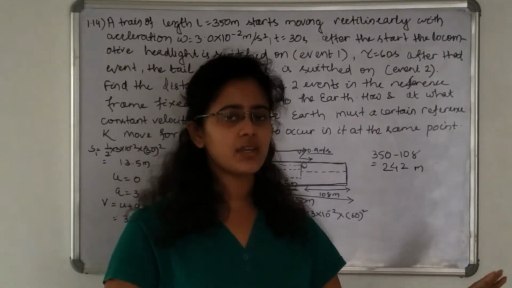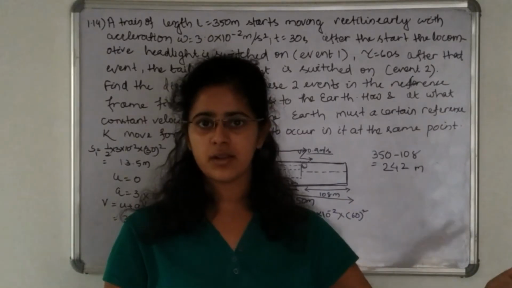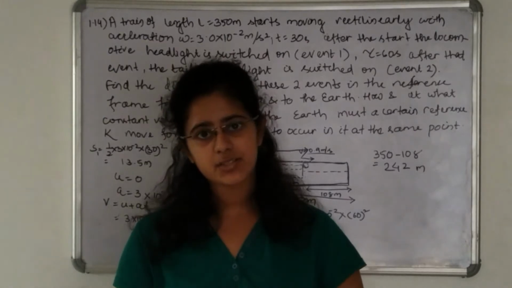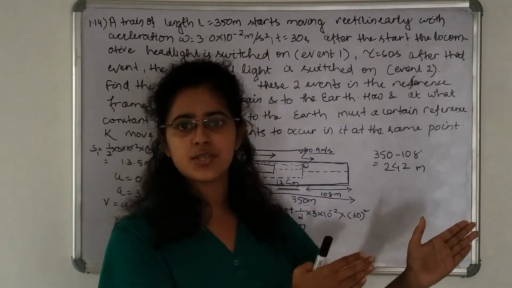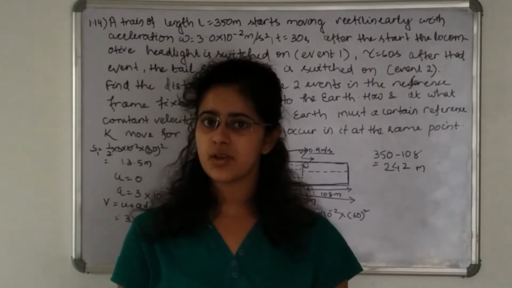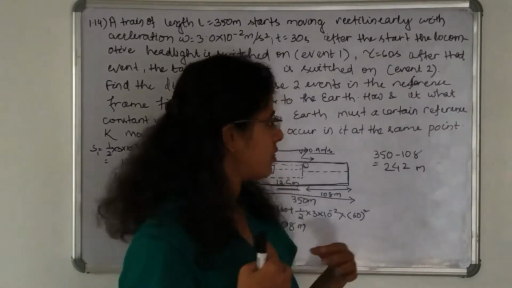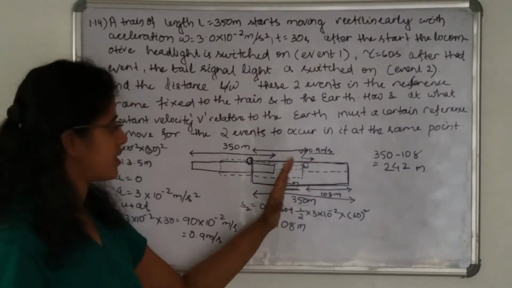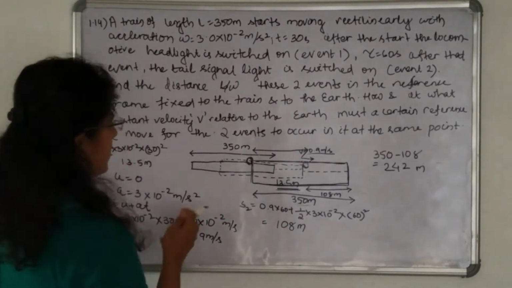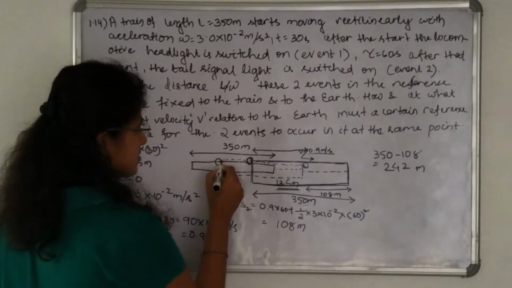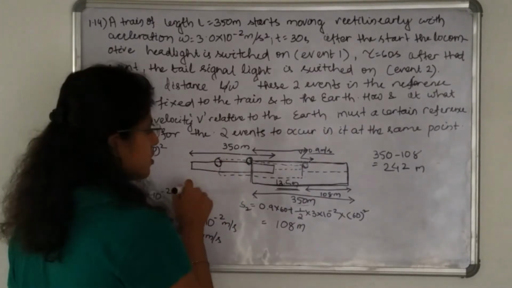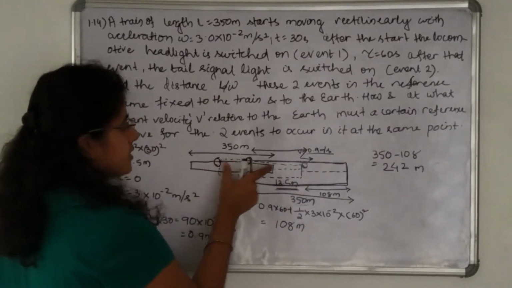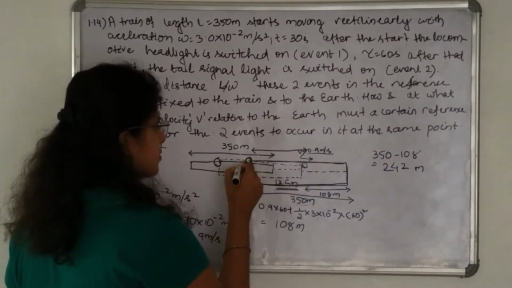After 30 seconds or after 60 seconds or after 1 hour, I will be at the same position where I was before, because I am inside the train and I am traveling with the train velocity. So I cannot experience any velocity for myself. After 30 seconds, when the locomotive headlight is turned on, I am at the same position. Let us say I am inside the train at this position. After 30 seconds, when the train has covered 13.5 meter and reached here, I will be at the same position, that is here,